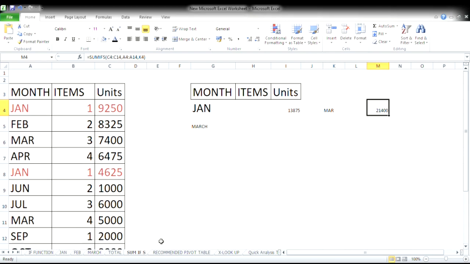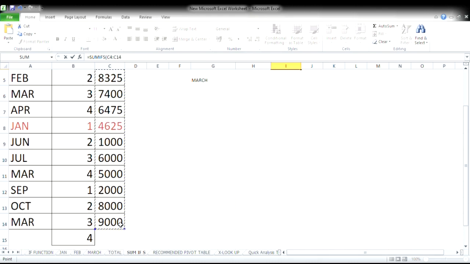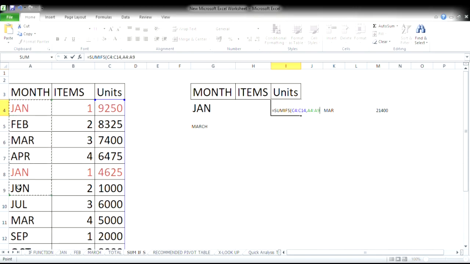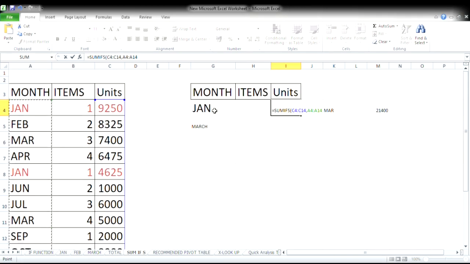Like if we want to find the data from this for the month of January only, how will we find the data by using SUMIF? We type SUMIFS, and then we select all the data, comma, then we select the criteria range, from where we will select, then we select Jan, the data which is required.